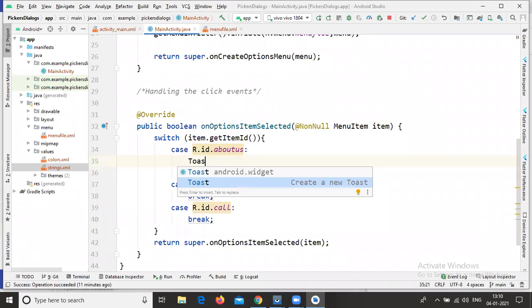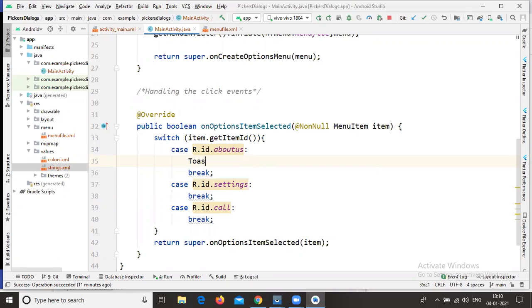Just type toast, create a new toast. All of you write like this. The toast syntax is completely available in our cases. Now here the text message is available, and I want to get this text dynamically.